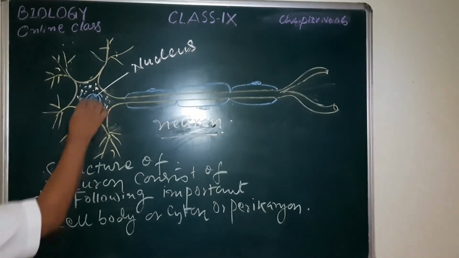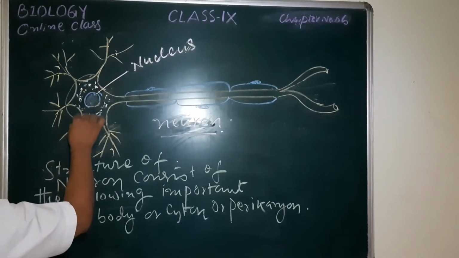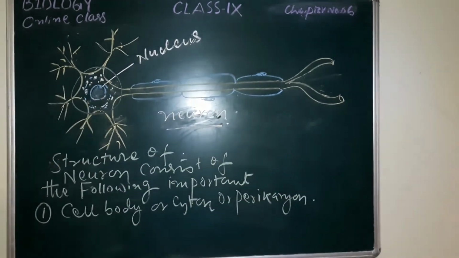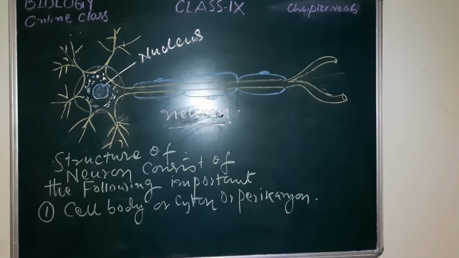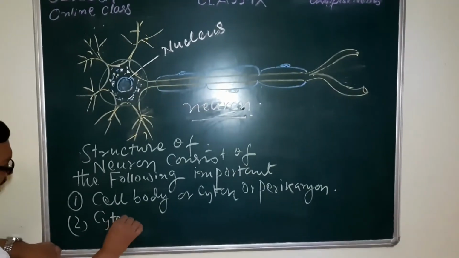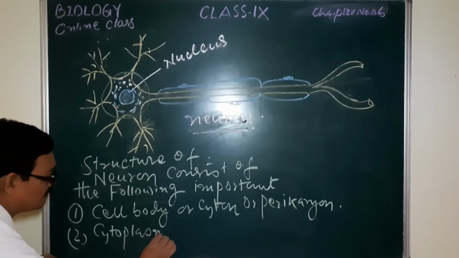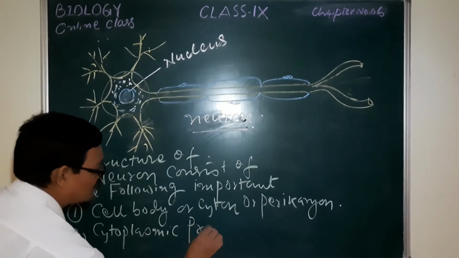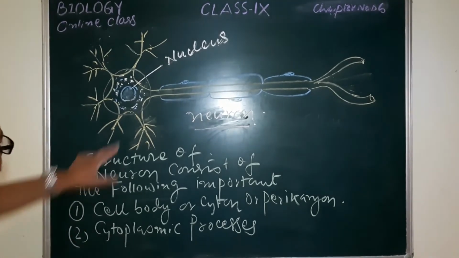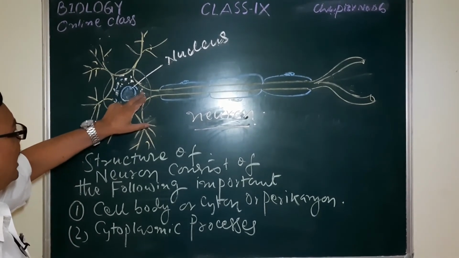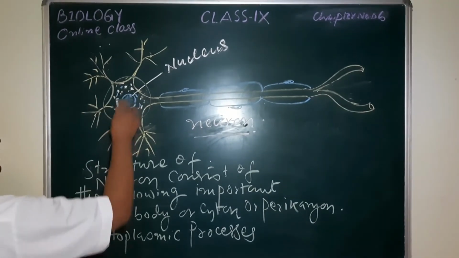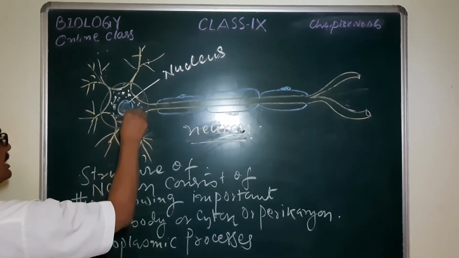This is the cell body, and it is also known as cyton or perikaryon. The first important part. The second important part is known as cytoplasmic processes. That means the processes which arise from the cytoplasmic portion, where you have seen here the nucleus, and this is